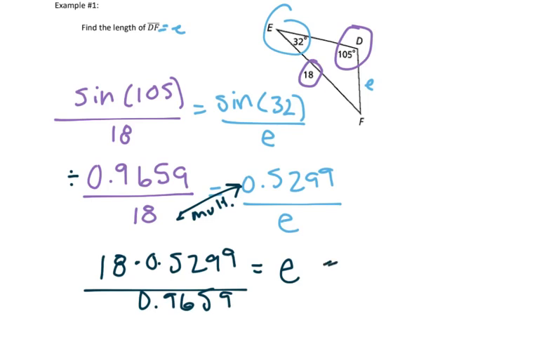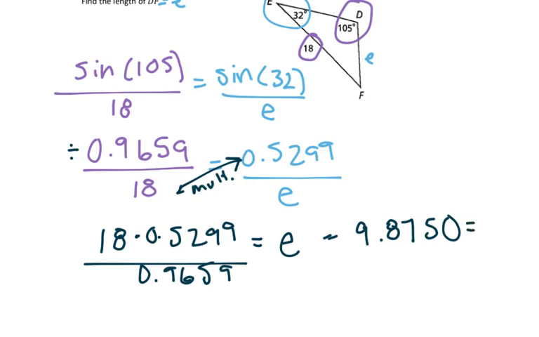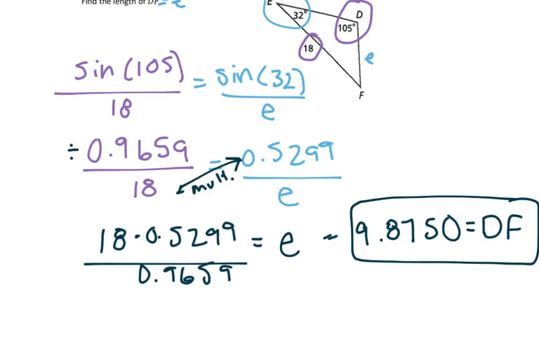So let's see, 18 times, divided by, okay, so our e value is 9.8750, which of course, does it say to round? Nope, which again is also known as DF in this. Alright,